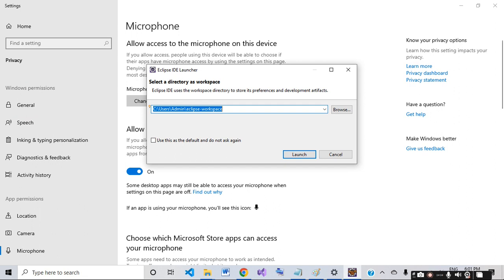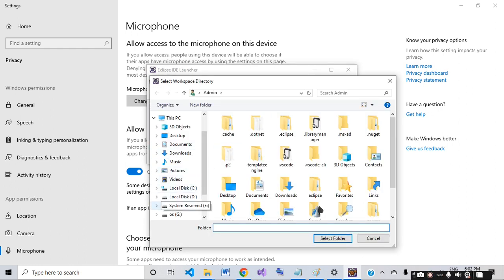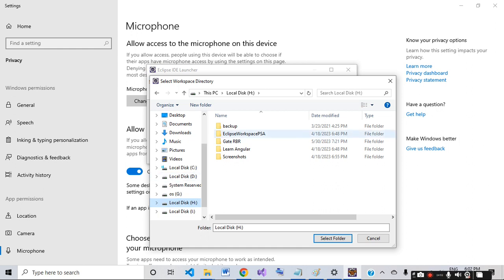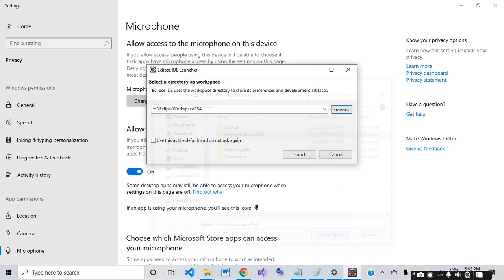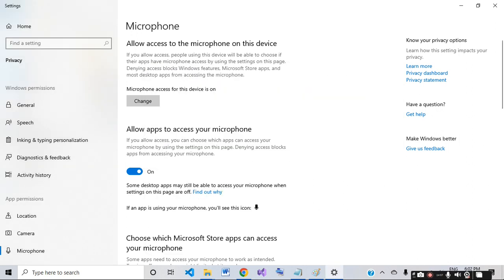So it is telling you to select the directory for workspace. So workspace is nothing but where you will write all your codes, and file folders will be there where you can write your codes and all, right? So I think there is another workspace for me, yeah, as you can see. So I'm going to do that,